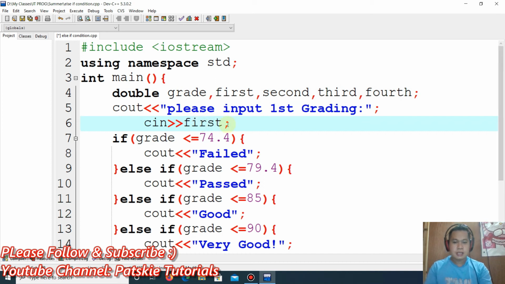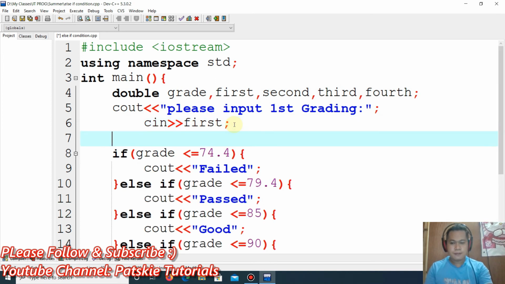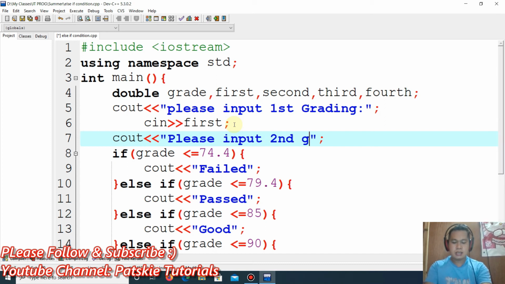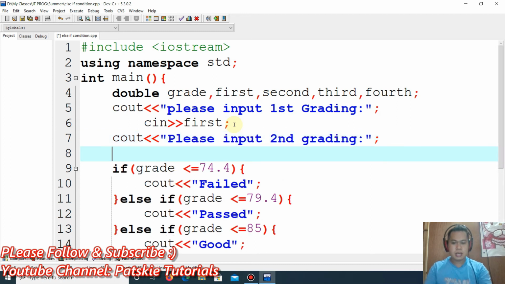First. And then, the second grading. Okay, another cout. Another cout, guys. Please input second grading. Ayun. So, yung sa second grading natin, ang variable na mag-hold sa kanya, in tayo dito,